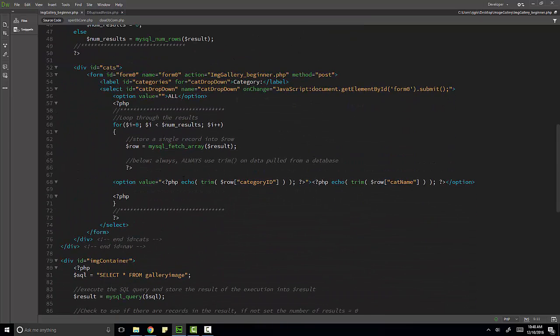So when I come down here, what I want to do is check and see if cat ID, which was posted from the previous page, is equal to this category ID within the for loop. So within the for loop, it's going to first be accessories and then fixtures and then furniture. And when those two meet, when those two match, that's when we want to put a selected equals selected into this option tag. So that's what we're going for. So in this option tag,